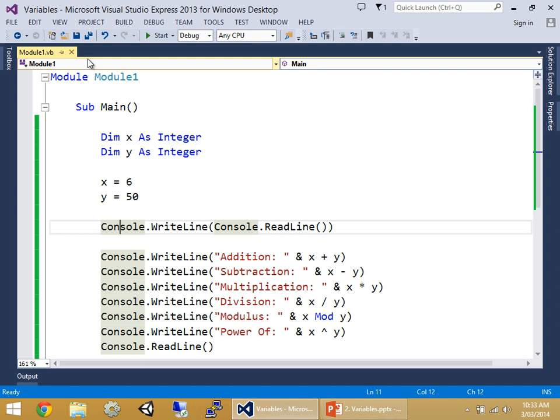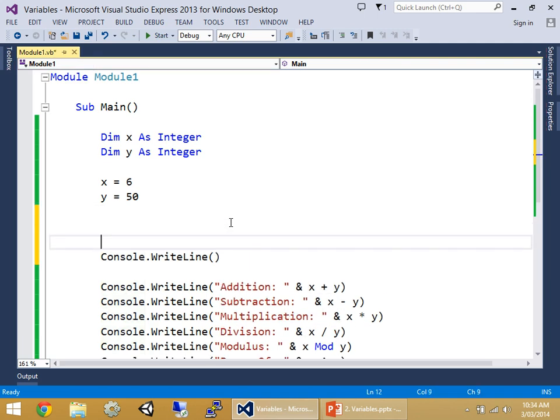Would it be an integer, single, boolean, character, or string? If you said string, you're a champion. You're an absolute champion. Okay. And I'm going to dim a variable